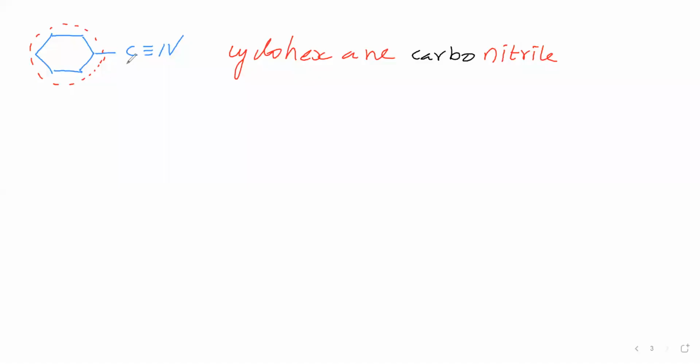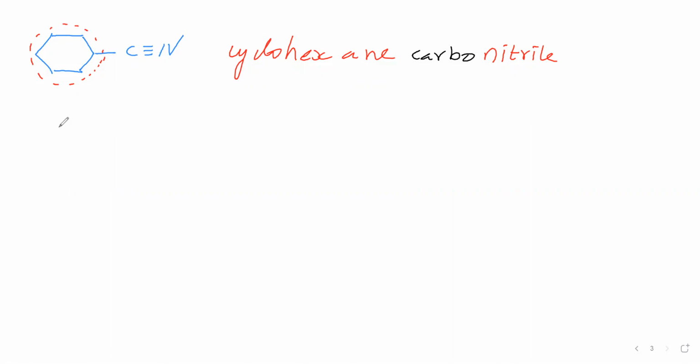Then we continue with this compound. In the CN, this C we said carbo. So the name of this compound is cyclohexanecarbonitrile. Why did we say carbo here? Because in the cyanide, the carbon is not included in the root word. So this carbon name we have to say, that is carbo. So that name is carbonitrile.